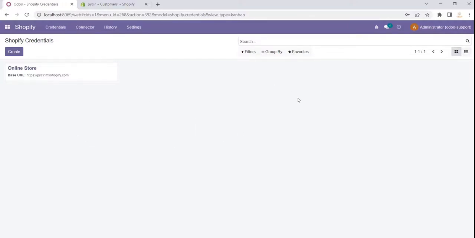Today we are here to discuss our connector, which is the Shopify connector, and I already installed this Shopify connector in Odoo, and we have the following many options. I will describe all of the options and their features, and also I will explain all of the things with a few examples. Okay, so first of all I will go to the credentials, and in credentials you can create